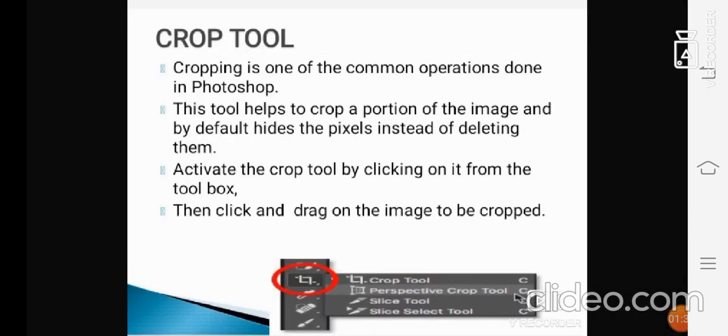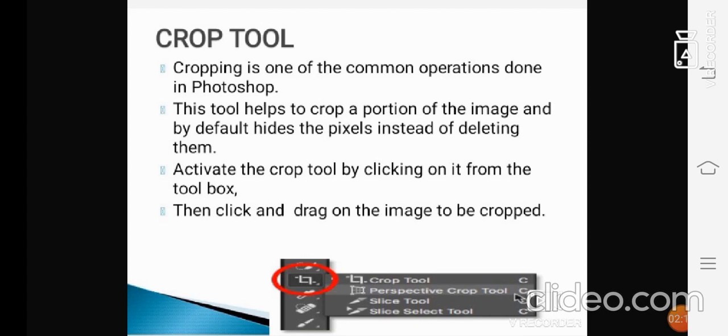Okay, shall we start now? First, we'll start with the crop tool. What is the crop tool about? Exactly what we learn in the crop tool. You are all very perfect at cropping, yes, in phones and all. When you open a picture and you want to crop it, to make it smaller or to make it a proper shape, that is called cropping.